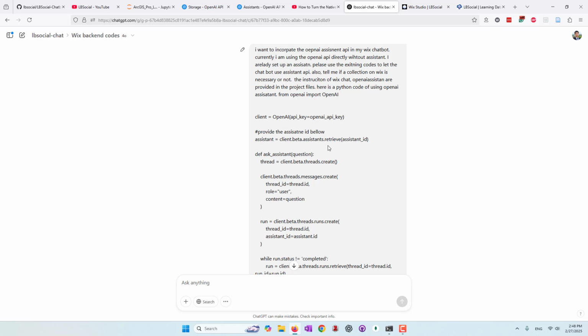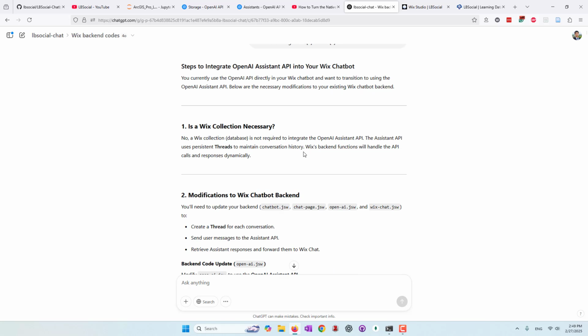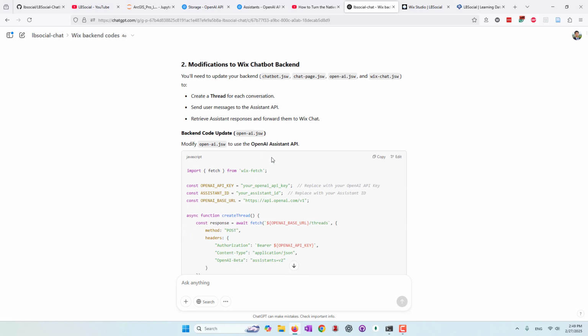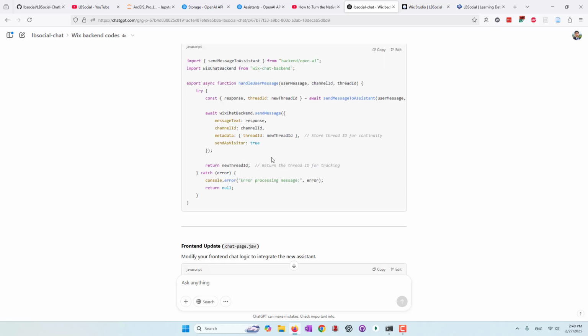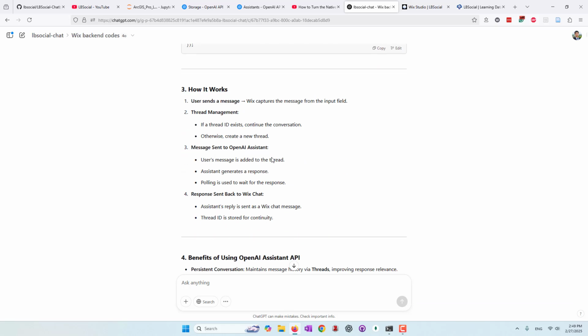I tell it that I have an Assistant that has been created already, so you just need to help me write the JavaScript code on the Wix side. I also provided an example of how to use OpenAI Assistant in Python because I'm more familiar with Python. And now ChatGPT is able to analyze my functions, my requirements, and generate some JavaScript code. And then what I did was I just copy and paste that code to my Wix website